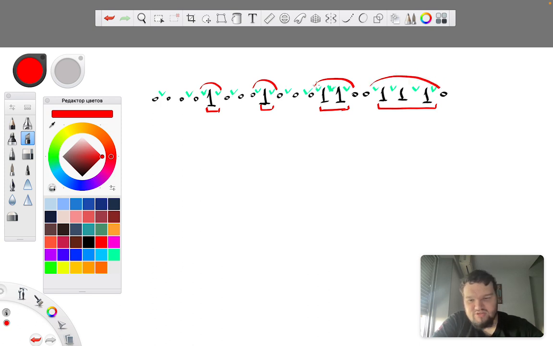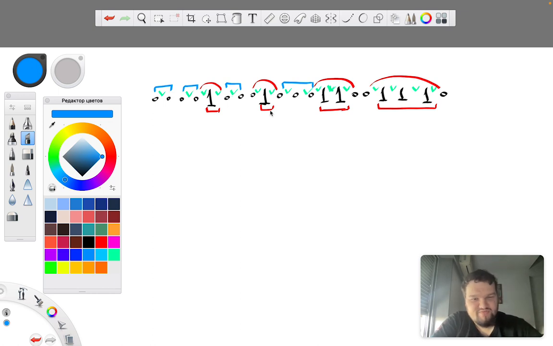We are also interested in segments of consecutive pairs, prime pairs. Those segments are easy, like we can remove 2